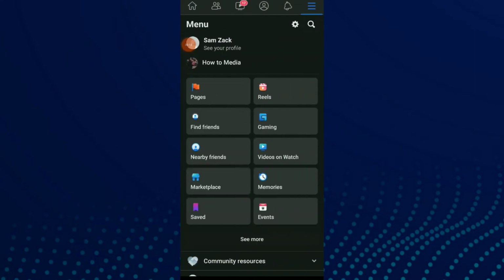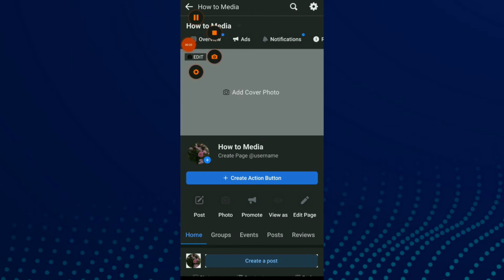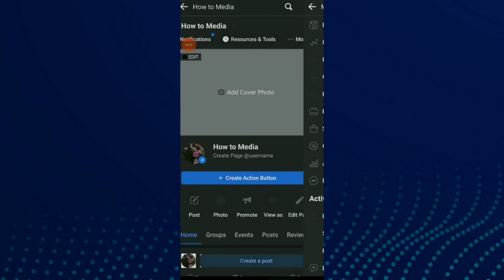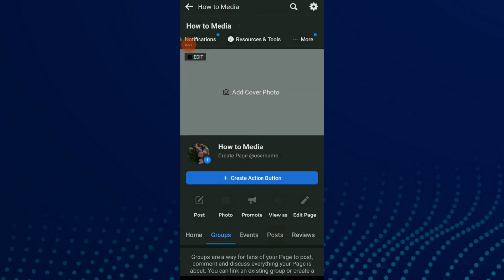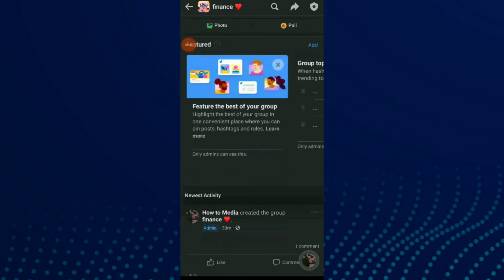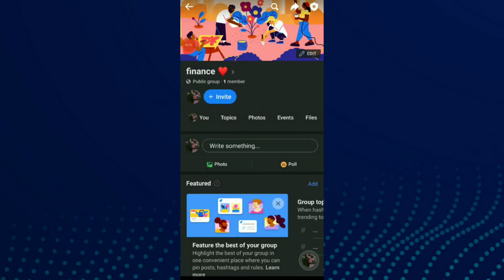Now click on those three lines and go to your page. And here scroll over and click on more and go to your group. Once you find your group, click on it, the group you want, and here you're gonna find,